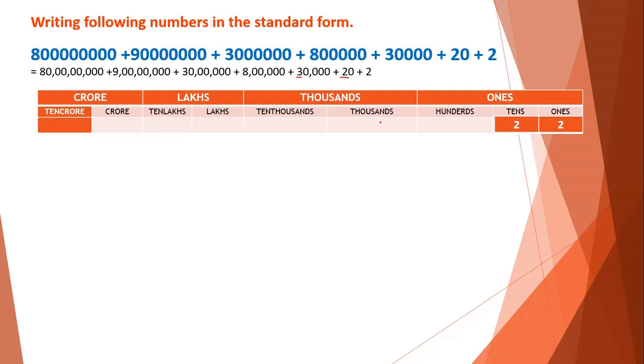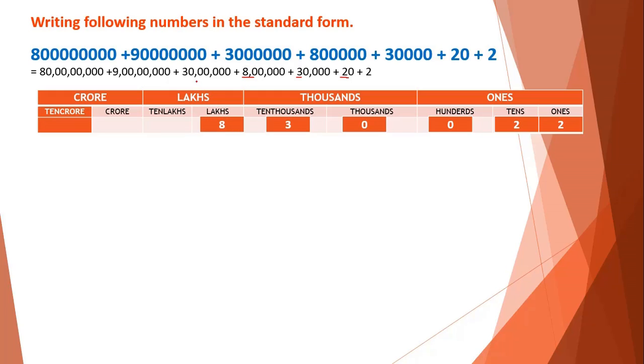When they do not give the numbers for the hundreds or thousands places, at that time we need to use zeros. So therefore, in hundreds I will write 0. Even in thousands I wrote a 0. The non-zero digit, that is a 3, is in the 10,000s place. So I will write 3 in the 10,000s place. The next number they have given is 8 lakh. In that we will skip the zeros. We will look at the non-zero digit, that is an 8. 8 is in the lakhs place. So I will write 8 in the lakhs place.